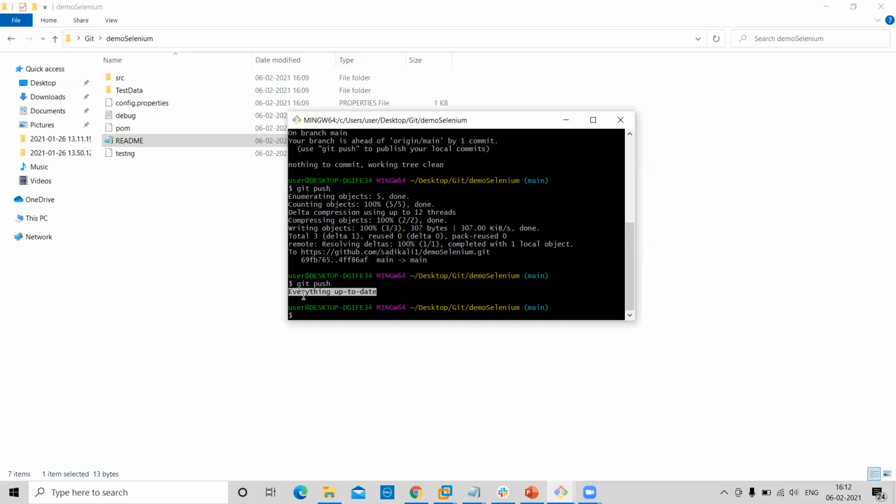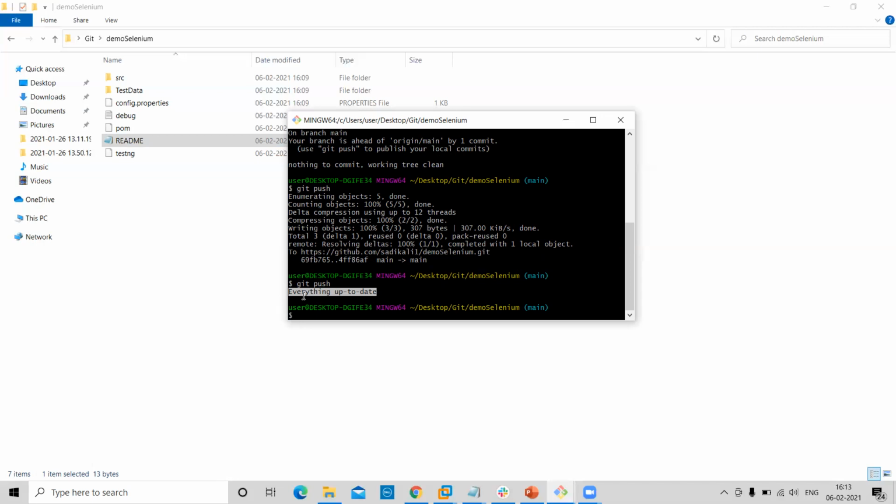And if we want to push our changes into the remote repository, we need to use the git push command. But make sure that before running git push, you commit your changes into the local repository. How do we do that? Use git add, which will move the files from your working directory to your stage section.